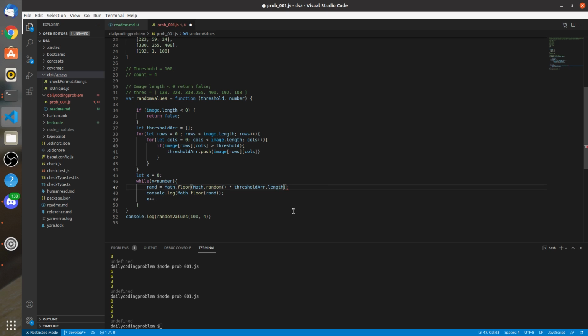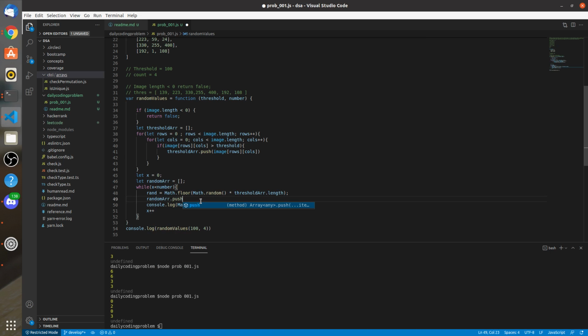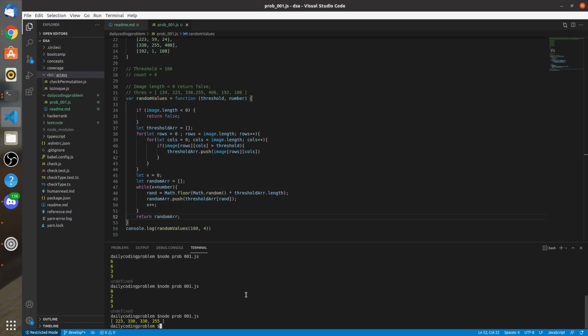and now we need to initialize one more array, which is the random value array. We'll say random array, and we'll say random array dot push threshold array of rand. Let's check whether this has resolved, and then say return random array. Cool. Somehow we are able to pick randomly the four values, but still, if you look at the last output,